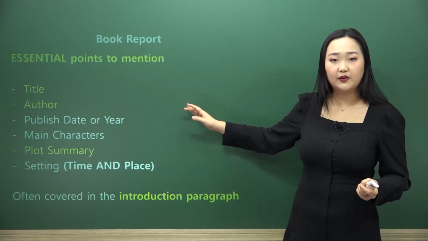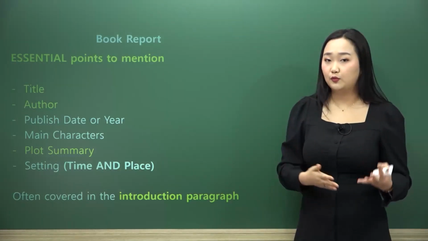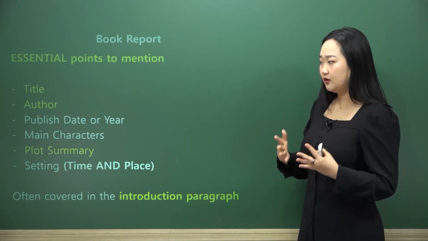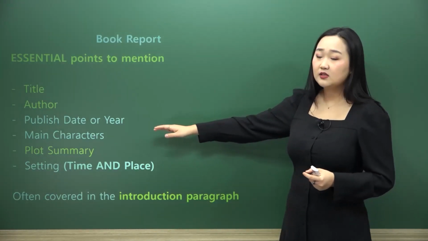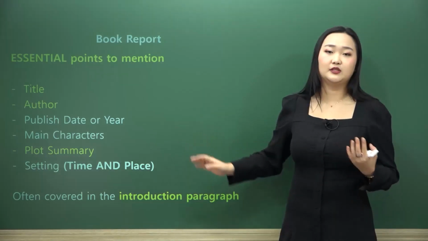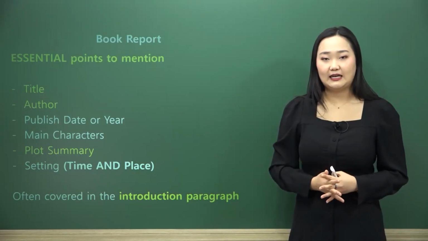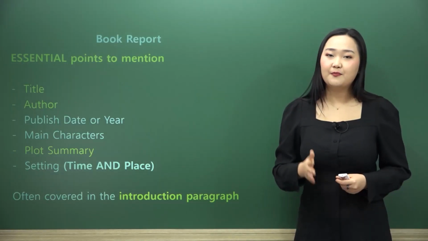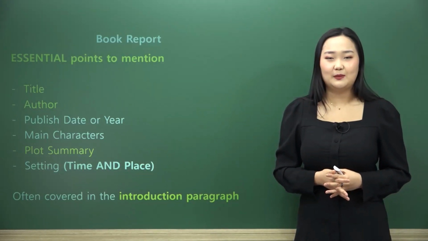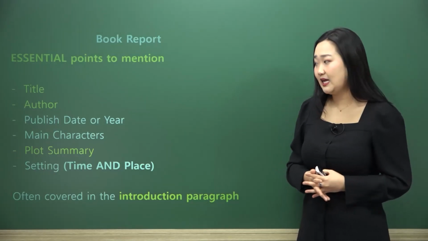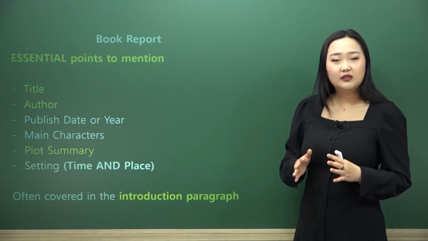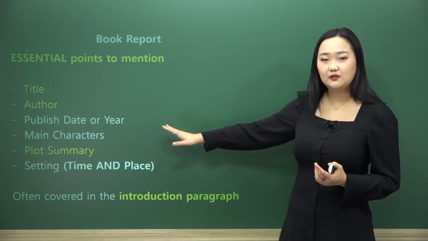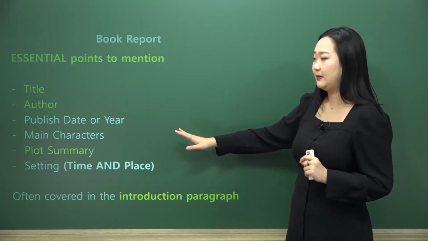Same thing goes for the author, because we need to have proof of who wrote it, and also we want to give credit. Who's the author that wrote this book that you took your time out of your day to read? Also, we want to mention the publishing date or the publishing year if we can't find the exact date. For this book, I was able to find the exact date and month, but for some books that are older, you might just be able to find a month or a year instead, which is perfectly fine. You want to be able to sprinkle that in here or there, and sometimes this is optional, but it's another point that we do want to keep in mind.